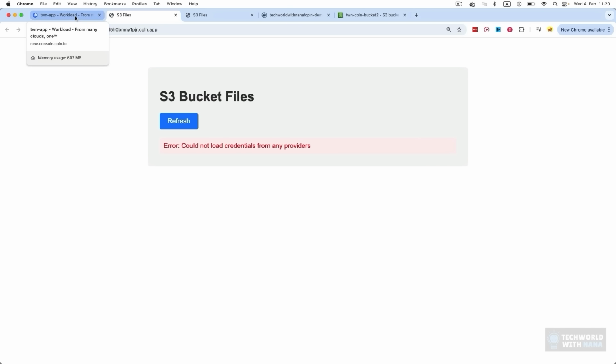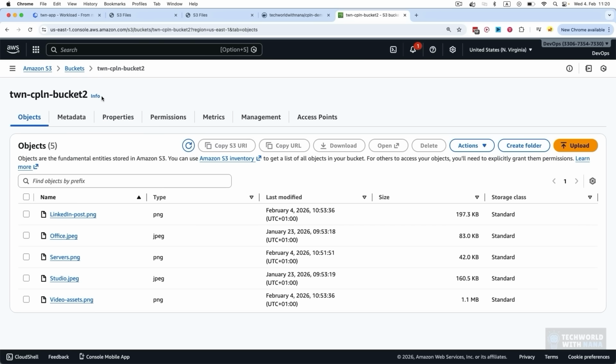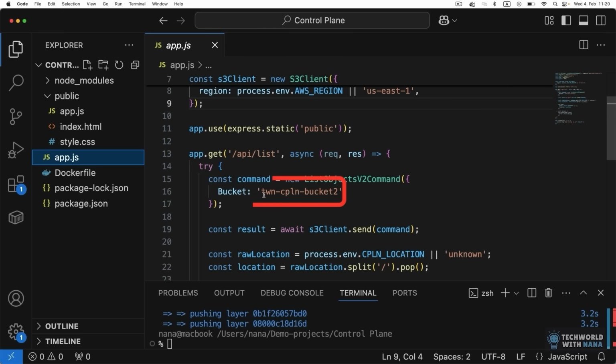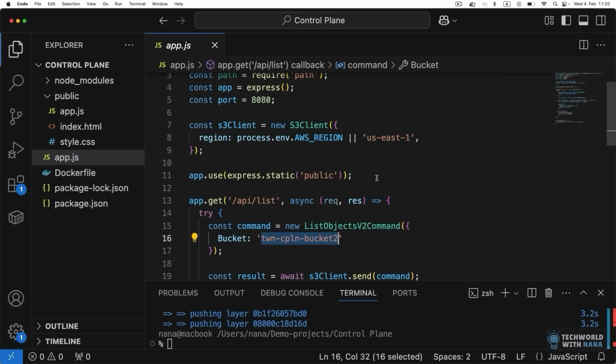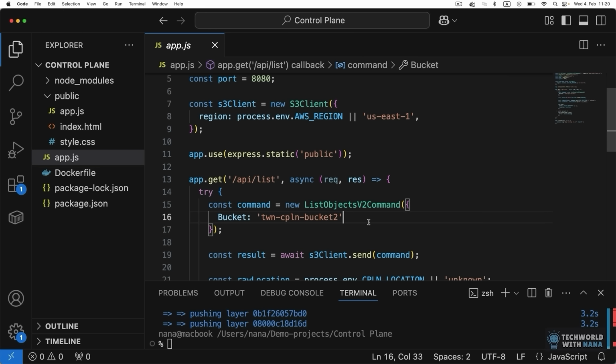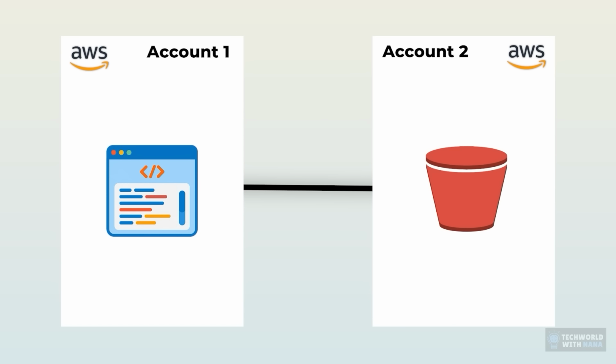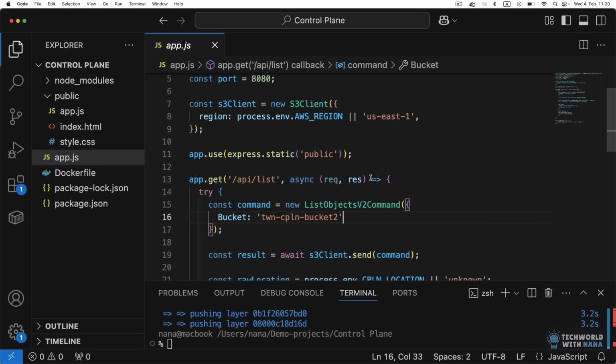But first understand what's happening. So we're trying to access this S3 bucket and list all the files here, right? So if I go back to my application, this is the bucket name that we're trying to connect to, but there's nowhere in the code any reference to the credentials, right? So obviously the application needs to have access to the AWS account, which has the bucket, and it has to have permission to access the bucket and list the files inside. So we haven't configured that anywhere.